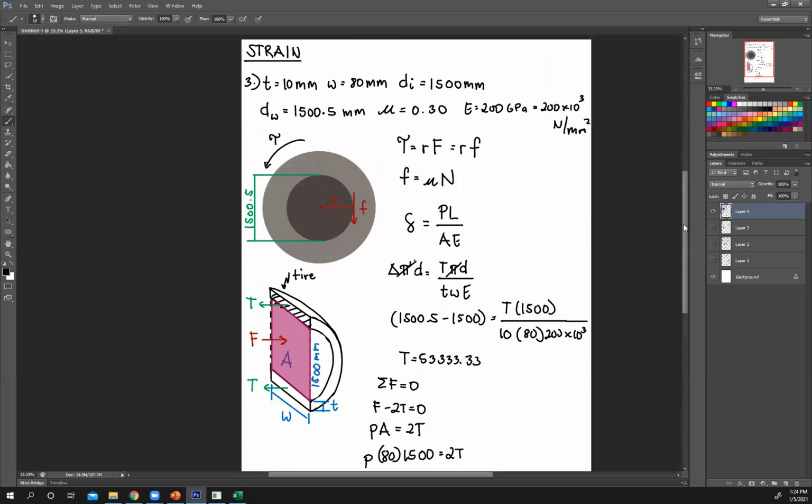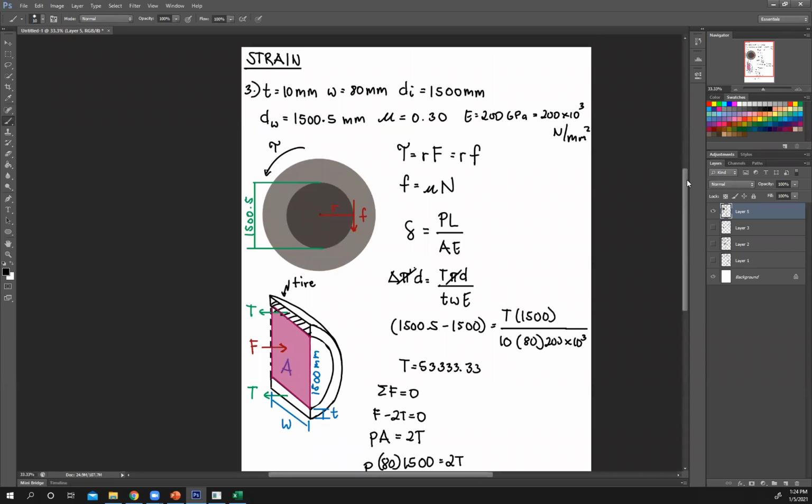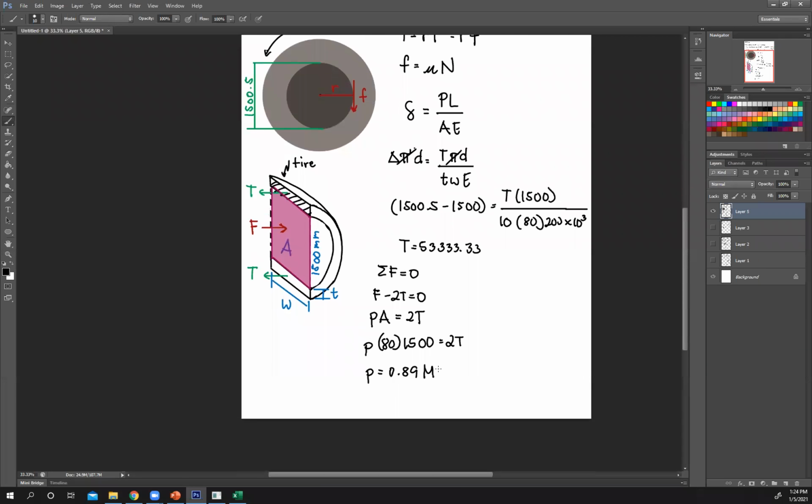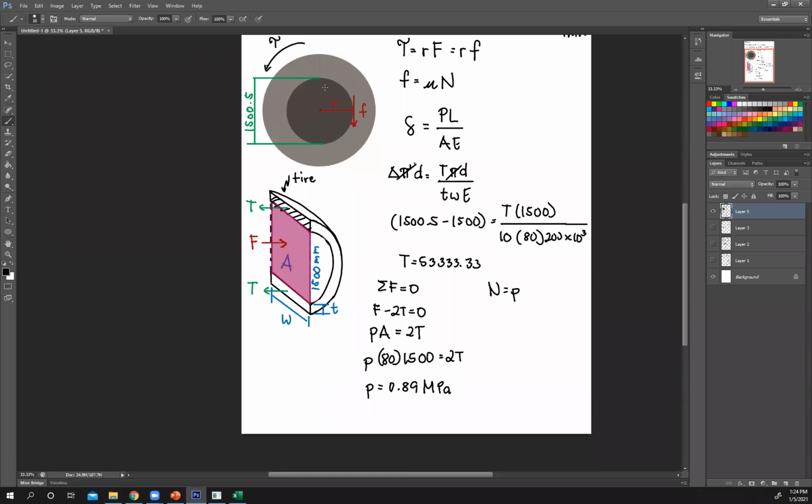What's our unit? Our units are all in Newton per millimeter. Therefore, it's MPa. Now that I have P, I can solve for N. How? N now is just equal to pressure times the area of your wheel. So let's call that AW. So 0.89. Again, this is normal force due to pressure. This is the pressure from your tire exerted on the wheel. So that now this is area of your wheel. Okay, 0.89. Then what's the area of your wheel?